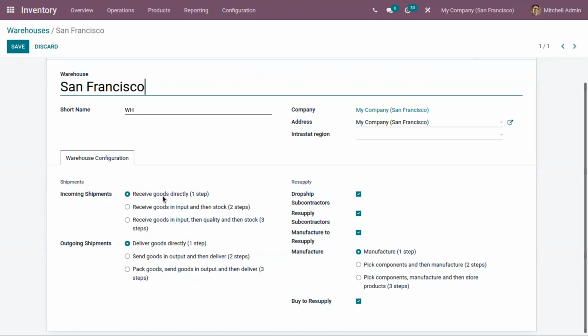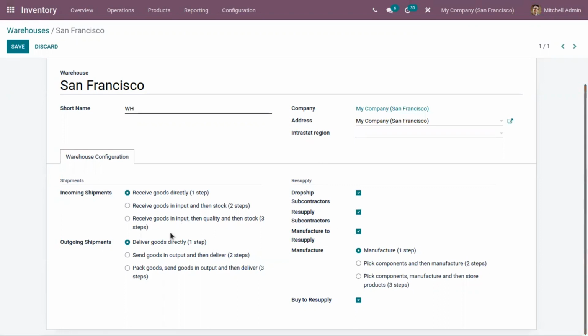In the case of incoming, we can receive goods directly to our stock, or choose two-step so that we receive goods in the input location and then move to stock. And we have three-step, where we receive goods in the input location, then move products to a quality checking area. After that, the products are moved to stock.